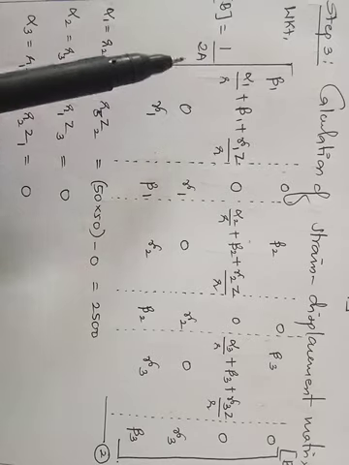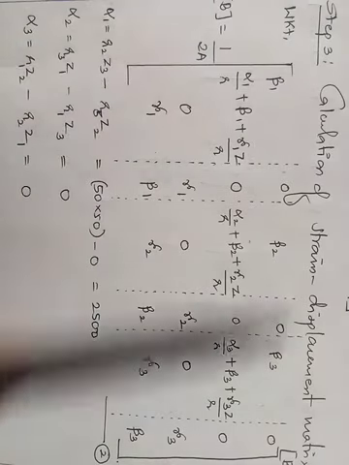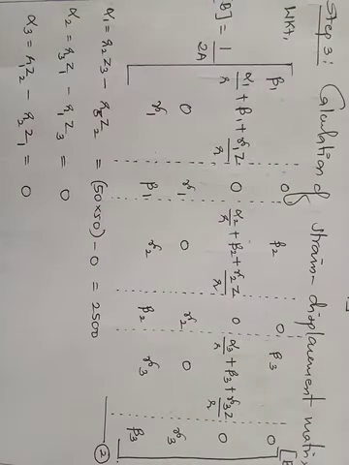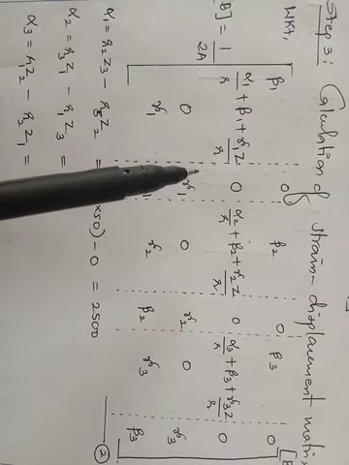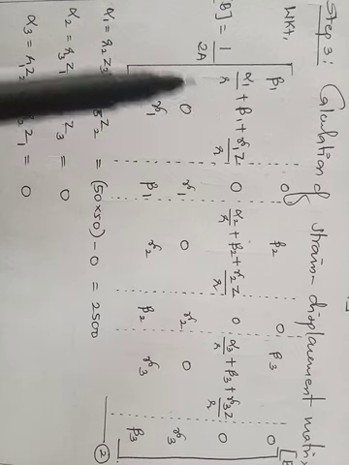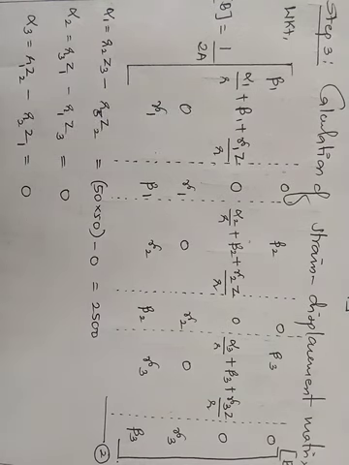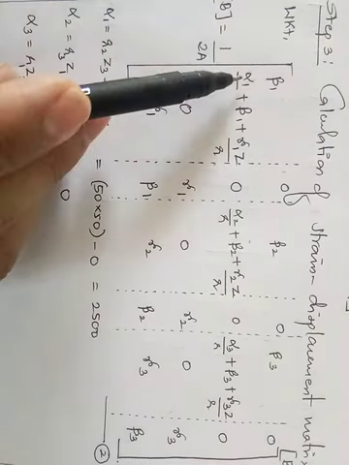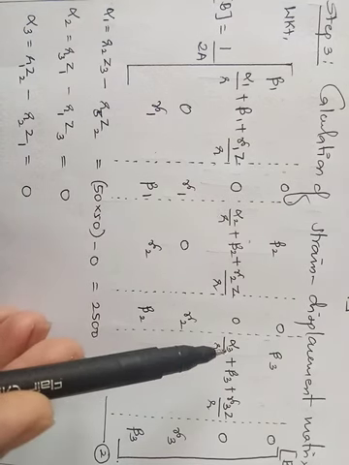So it is 1 by 2A. This is the general format of the strain displacement matrix. Now if I want to calculate or evaluate this, I need to calculate each and every individual term in this. So I told you how to calculate the other day. First let me calculate alpha 1, alpha 2 and alpha 3.